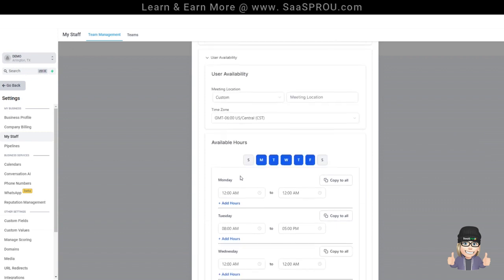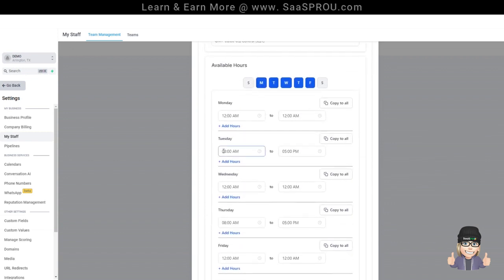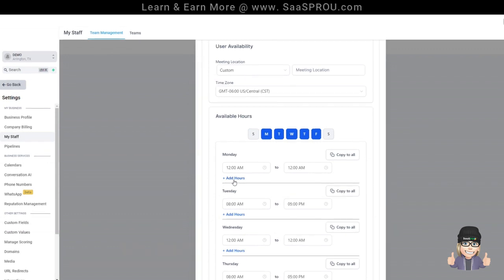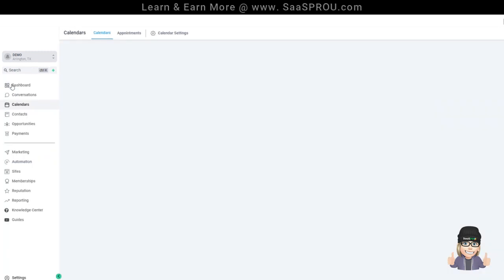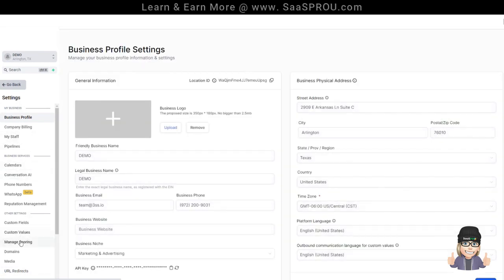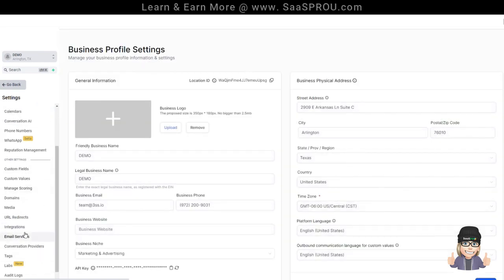So making sure that all of your staff members are set up and their user availability is set up is one of the first things that you want to do. The next thing that you want to make sure that you do is that you integrate a payment option, and that would be if you plan on collecting funds for booking appointments. You want to make sure you go into settings, you'll want to go into your integrations,